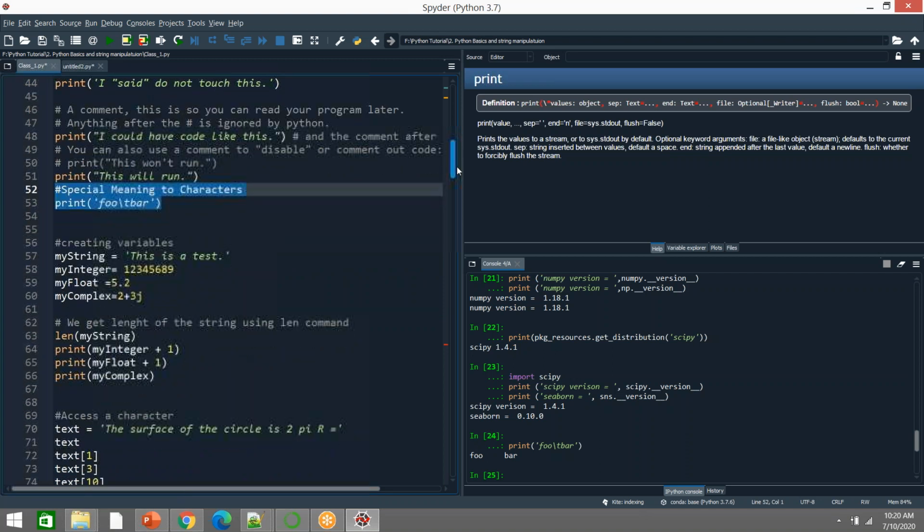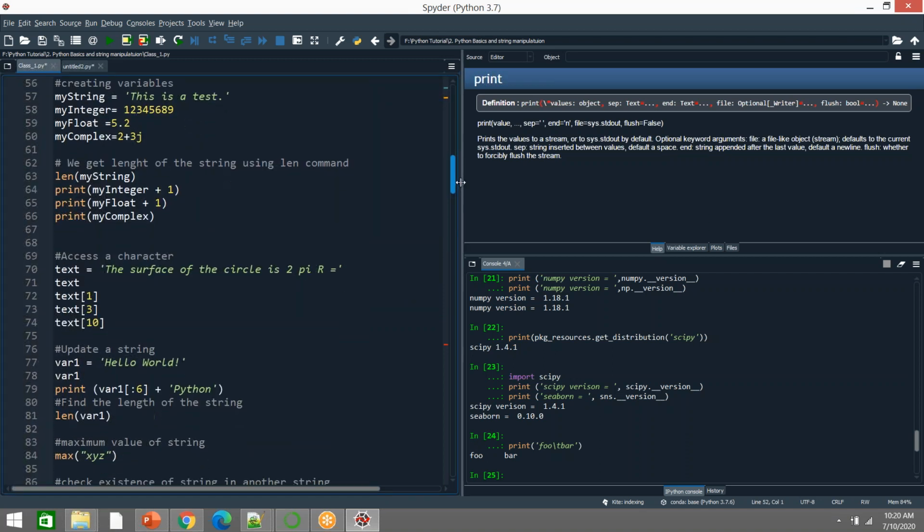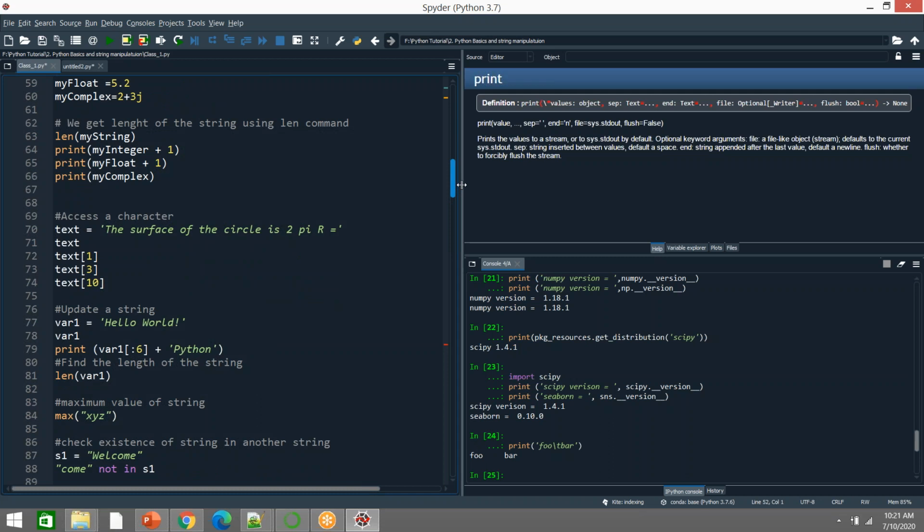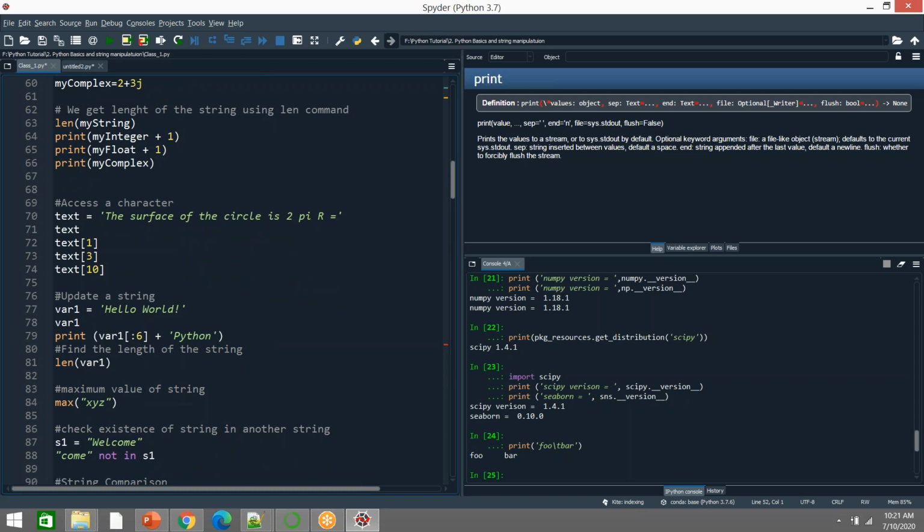So let us come back to various string operations, like how we can update the strings. The example first,